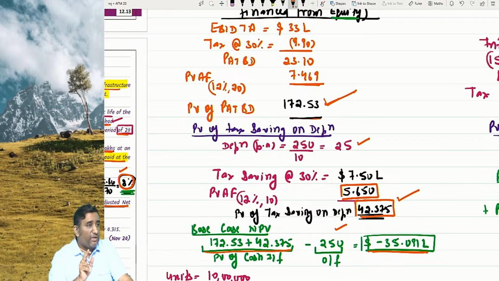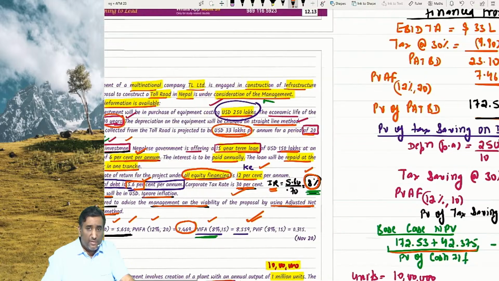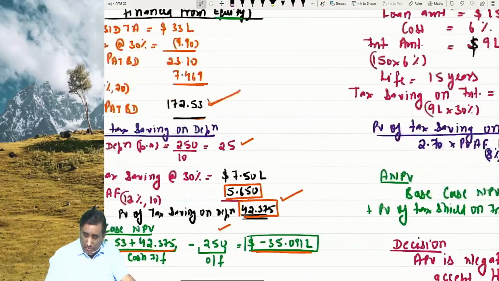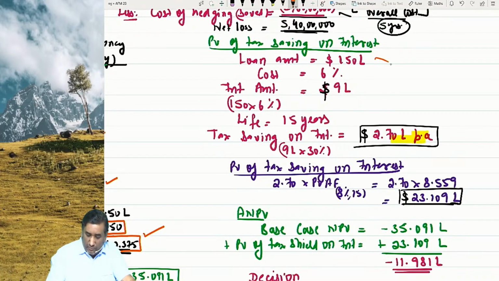Rate of discounting would be, careful on that, not 6%. What is the practical rate appearing in the market? 8%. 2.7 into that annuity factor of, in the book it is given, annuity factor of 8%, 23.109. So basically if I look at this part here, present value of tax saving on interest, loan amount 150,